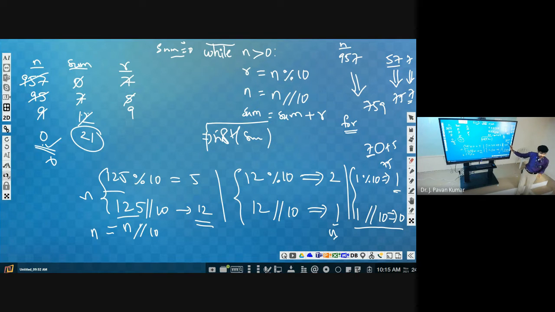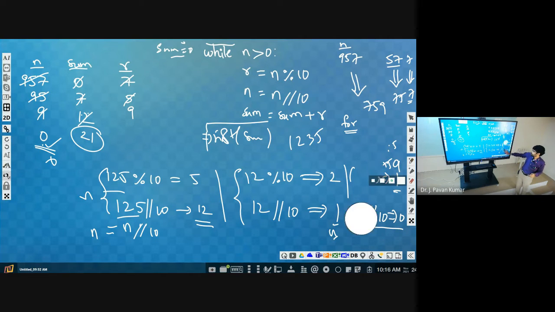7 is in the tens place; we have to shift it to the hundreds place. 5 we have to shift to the tens place. So how can we shift? Multiply by 10, so this will become 750, just 75 multiplied by 10. So 750 plus 9, and we will get 759. Got it? Like that, if you take 1, 2, 3, 5, now you tell.